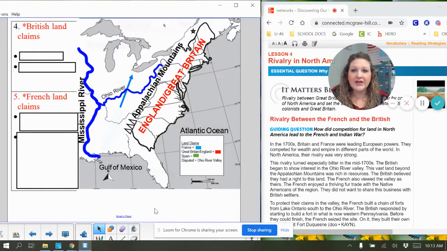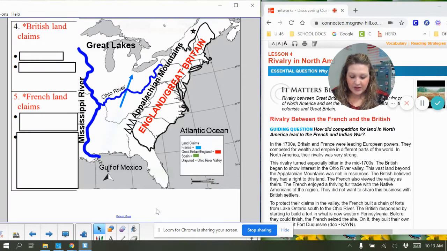And then we have this river right here that is the Ohio River. And again, hopefully you know that one. And this one is coming into the Mississippi River, and then they dump into the Gulf of Mexico. Up here, we've talked a little bit about this area, and that is the Great Lakes. We live near one of the Great Lakes, right? Lake Michigan. So hopefully you are familiar with the Great Lakes.